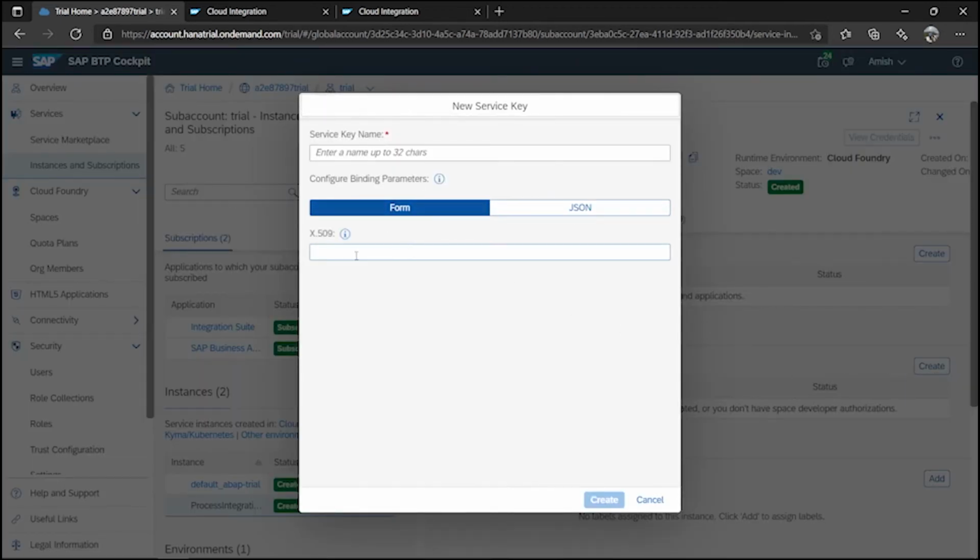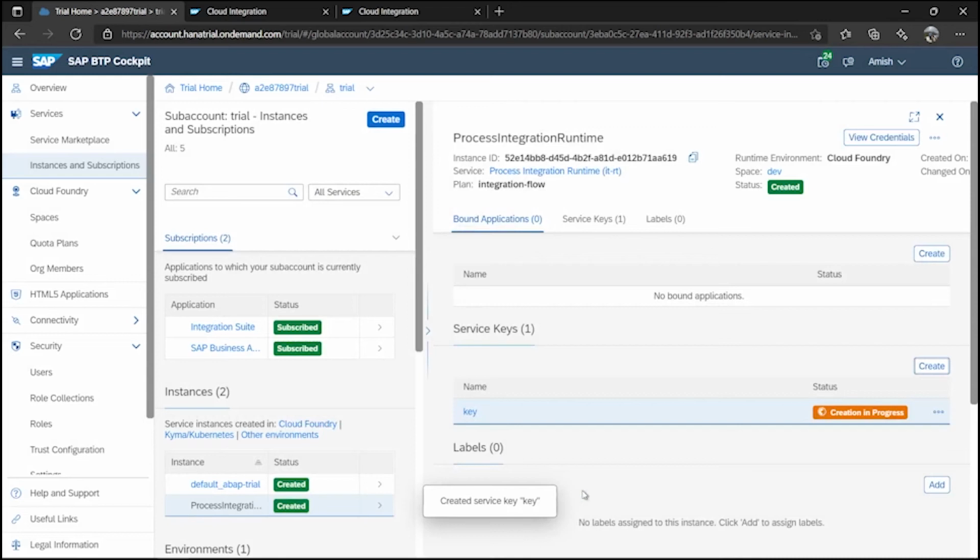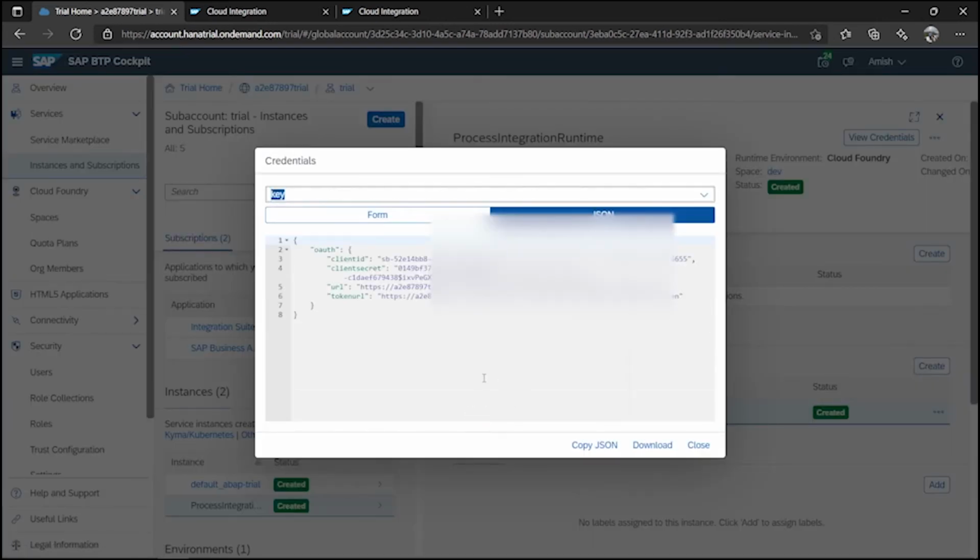We don't have to do anything. We just have to give the name of the service key. So I'm going to keep it as key, and I will create it. The key creation might take a few minutes, and after the key is created, I will show you what we can do. Okay, so the key has been created here. So what you have to do is just click on the key, and inside the key